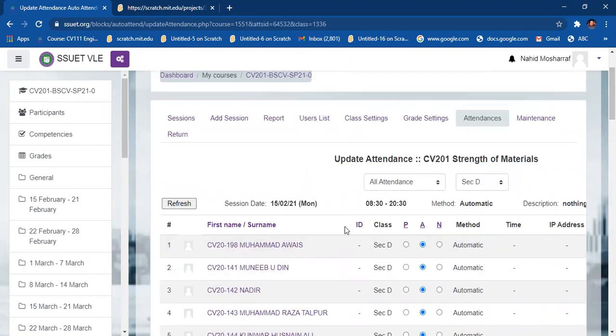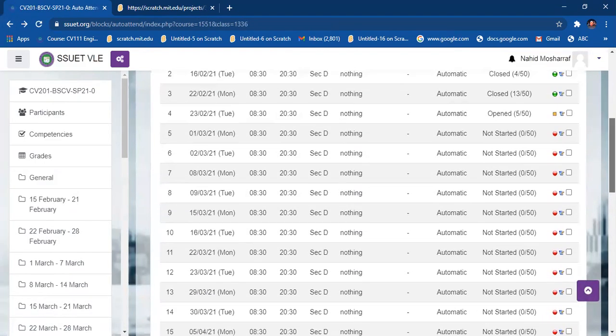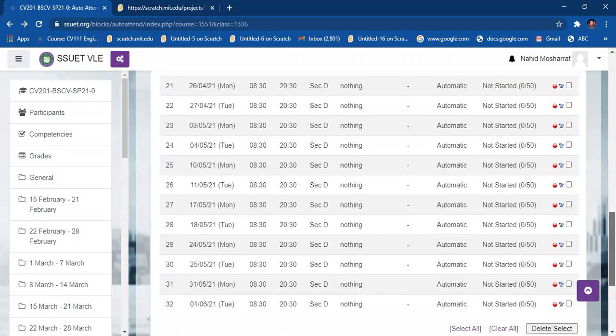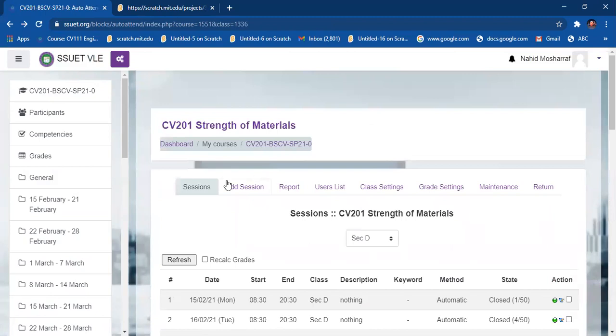So this is the procedure. All the students are absent because there is no class held yet. So now I have to make another session for the students of section C. So I have to provide the days, and for example, those days are Wednesday and Fridays. So I have to create the session. So let me add sessions over here.